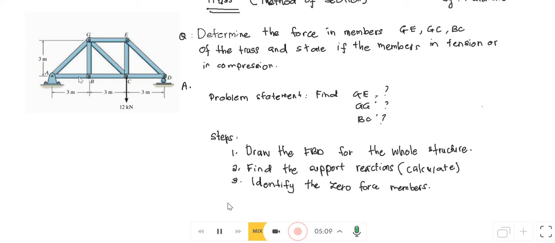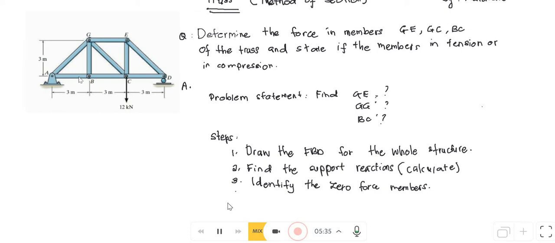Okay. So after the zero force members, I'm going to explain that in a different section. But actually, for those who attend the class, they know how to find the zero force member. But for this time being, I'm going to show the basic one. So after we identified the zero force member, the next step is to,